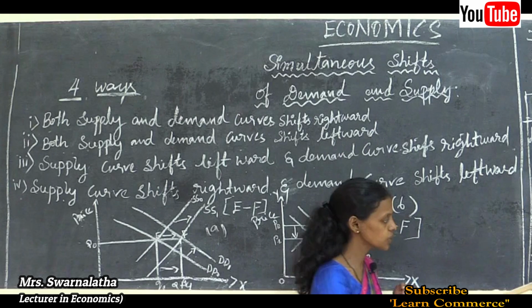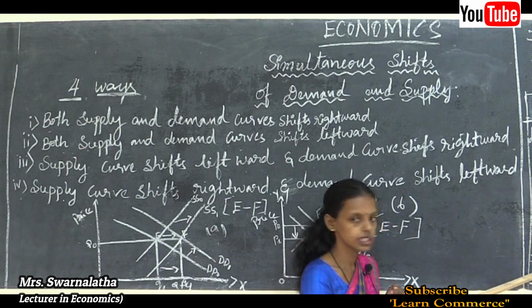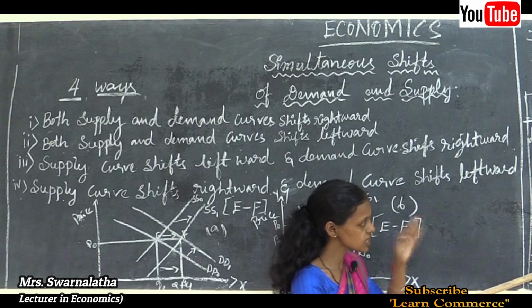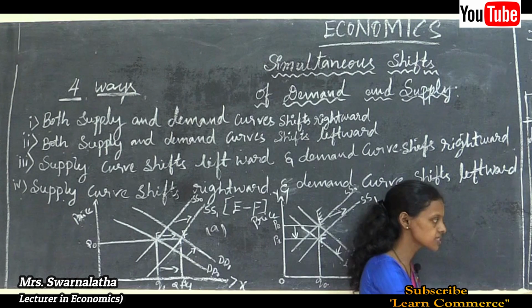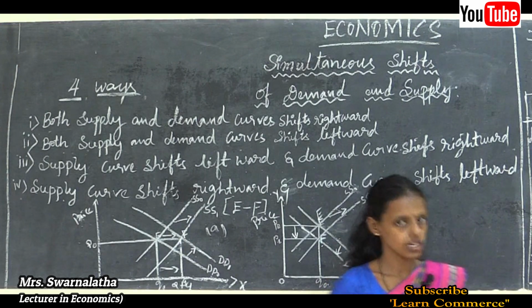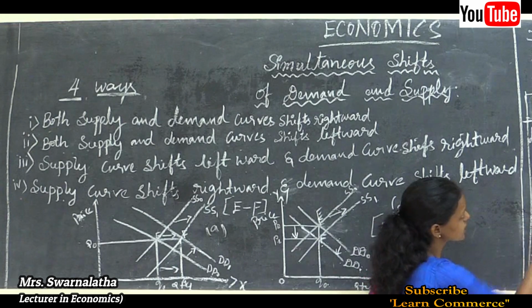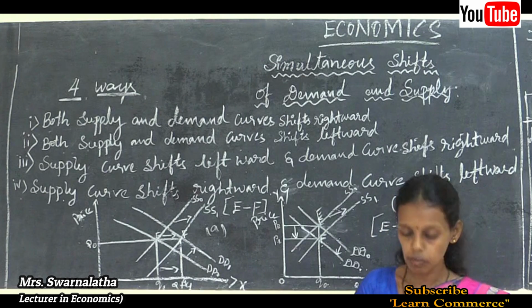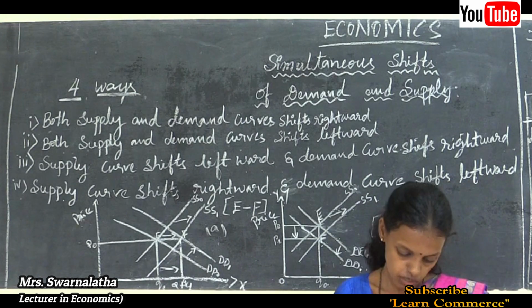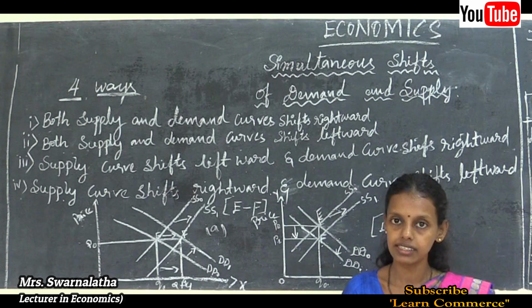So supply also reduces, but the demand curve shifts to the rightward. Suppose the increase in the price also leads to quantity production that may increase, decrease or remain unchanged. So this table shows the impact of simultaneous shifts on equilibrium. In the upcoming session, we are going to study the market equilibrium under free entry and exit.